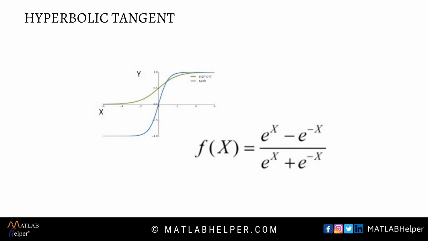Threshold activation function is the extension of the sigmoid function. Mathematical and graphical representation is shown here. You can observe values are mapped between -1 to 1. This function is also called as a hyperbolic tangent and we can use it for both binary and multi-classification problems. But based on the research, I would recommend to use sigmoid in the output layer, and for all other places try to use hyperbolic tangent function.